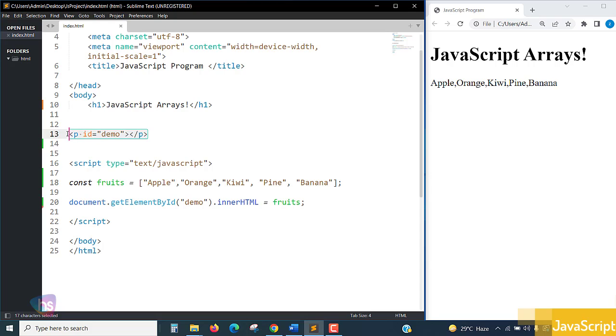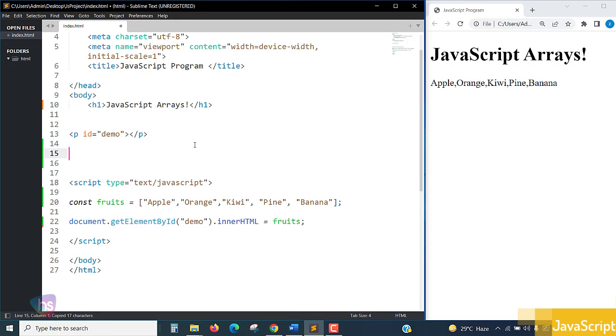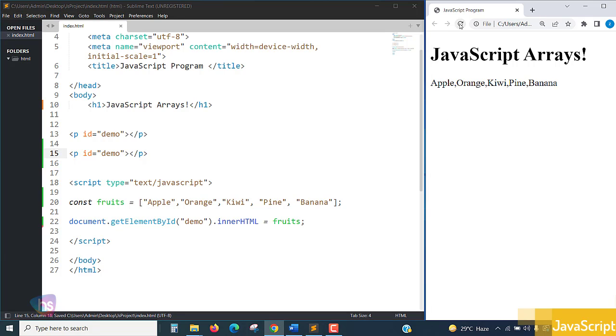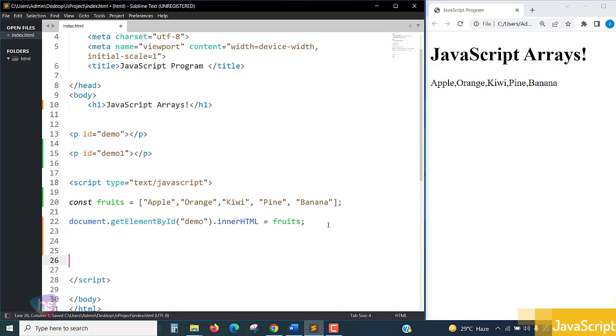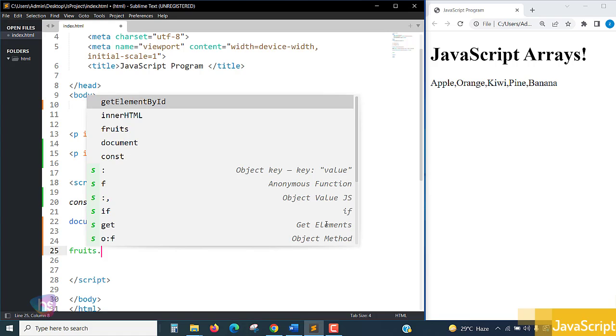These sorted results are going to be presented for demo. Save it and run this, only a single one is coming now. So if I put demo 1, this demo 1 I'm going to make new things over here. So let's see, fruits dot, by default there is a method called